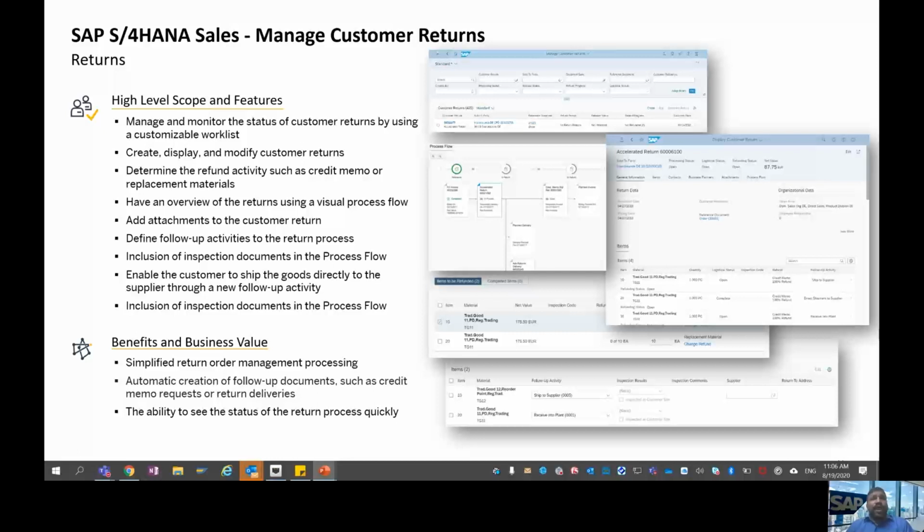You can also add attachments to the customer returns, define follow-up activities for the return process, and include inspection documents in the process flow. It also enables the customer to ship the documents directly to the supplier through the new follow-up activity. And coming to the business value, it offers simplified return order management processing.